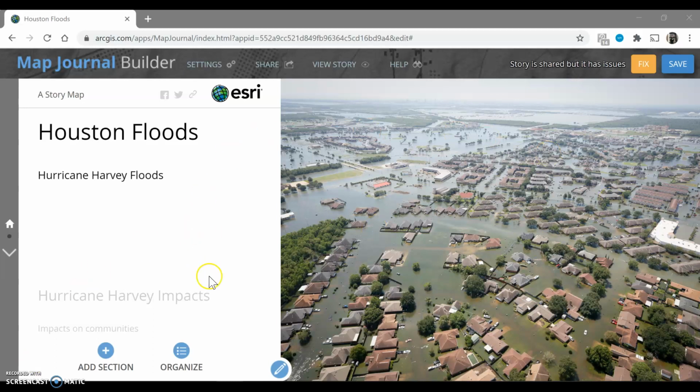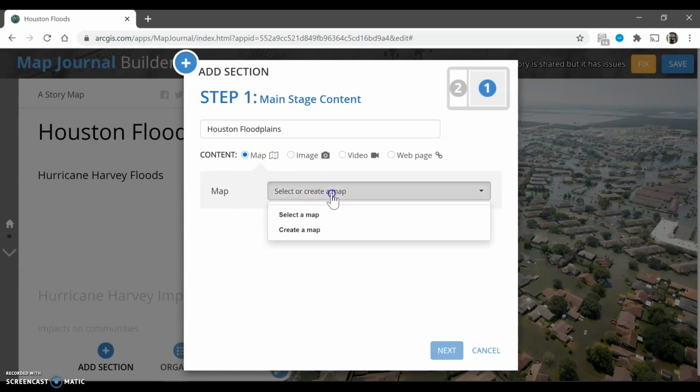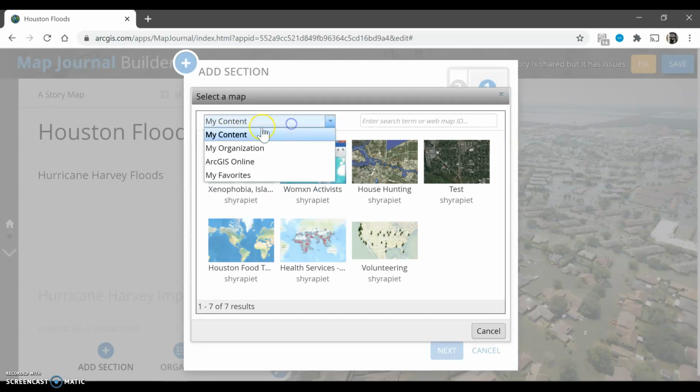So we're looking here at a typical template where you're building all of your content for your story map. So we're going to go here and click Add a Section. You're going to give the section a title. I'm going to do Houston floodplains, and then you see this option for map that's automatically selected. Leave that selected, scroll down here to the drop box, select a map, and then use this drop box to